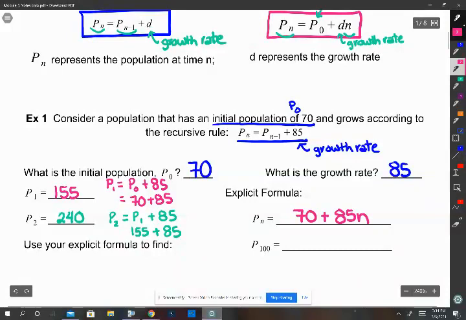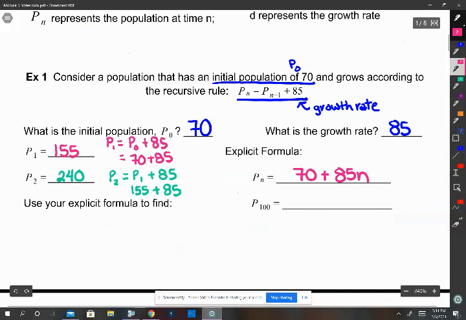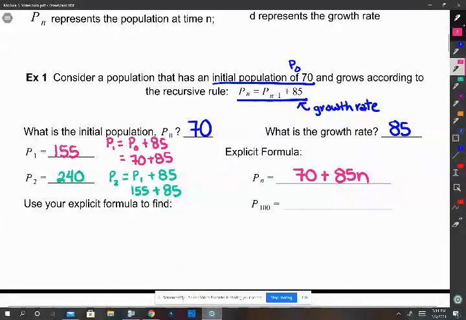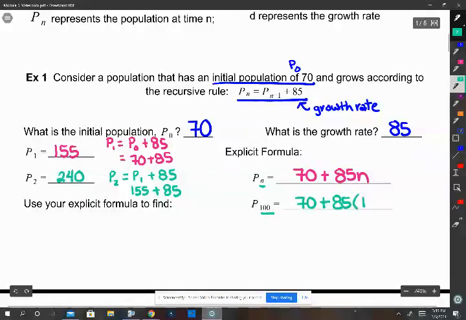And so then if I was going to P sub 100, all I'm doing is I'm going to take that 100 and I'm going to put it in the spot of N. So I'm going to go 70 plus 85. And the N here is now going to be 100. So I'm going to put 100 in. And then I'm just going to do the work. So this is 70 plus 8,500. And so I would get P sub 100 is